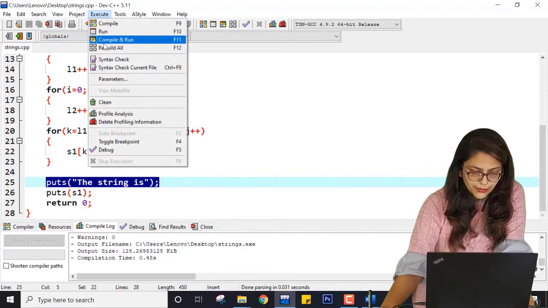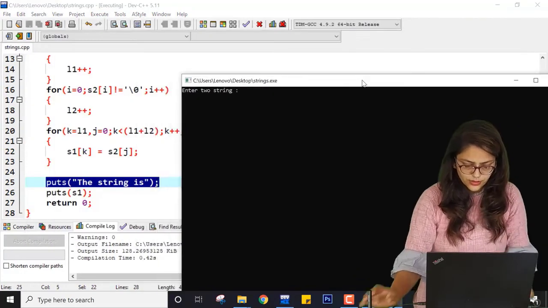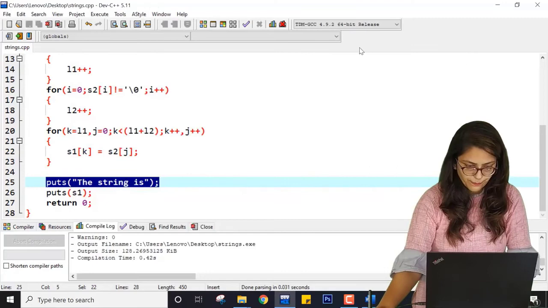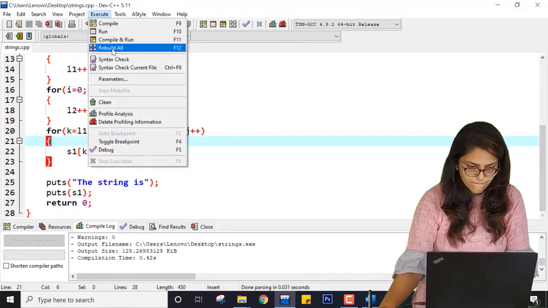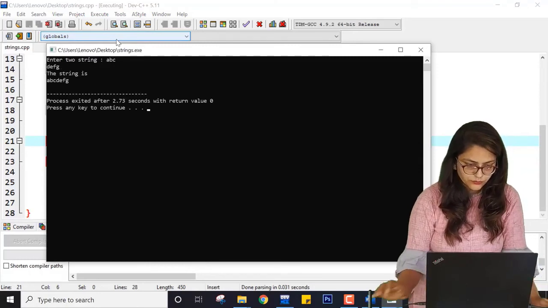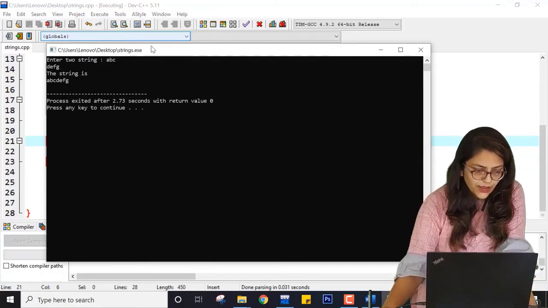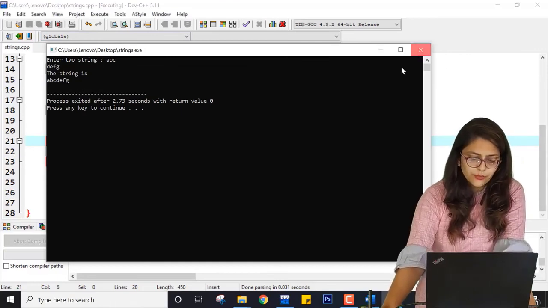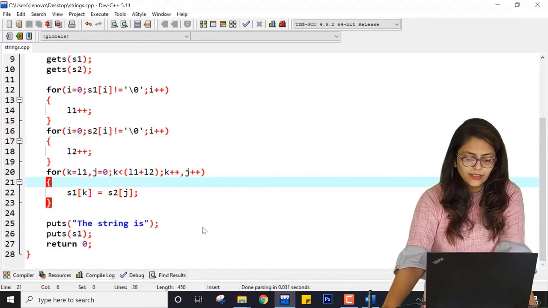So here let me compile it and run it for another input, ABCDEFG. For some it is not printing correctly, so it is a good habit to write that code, right?